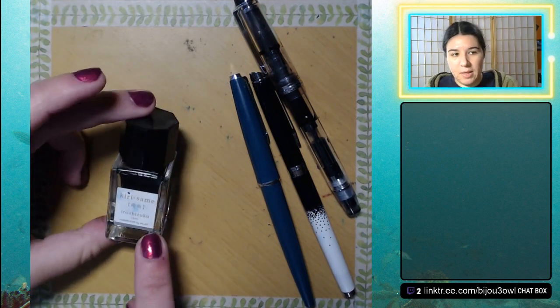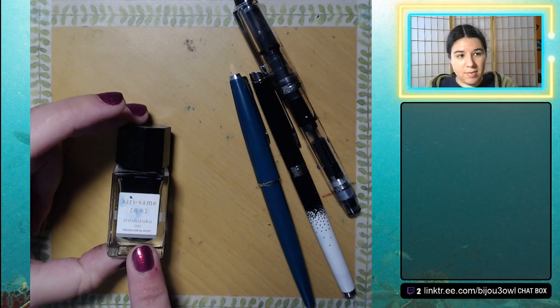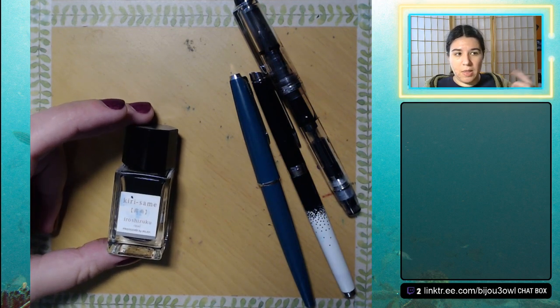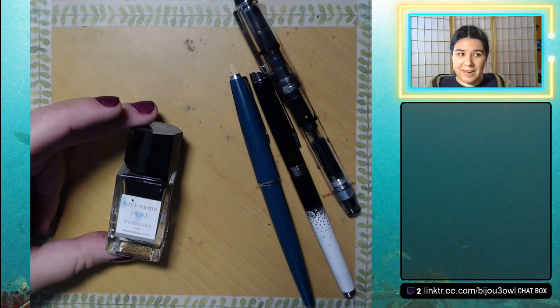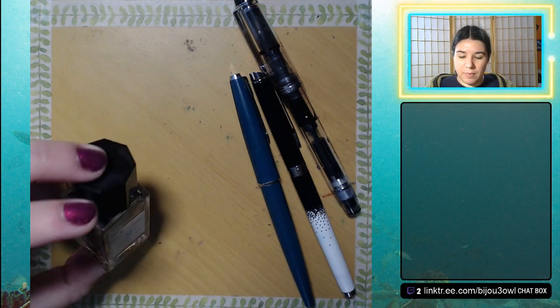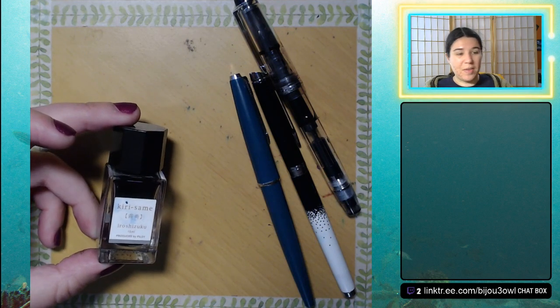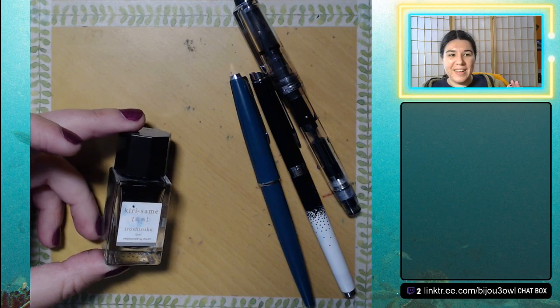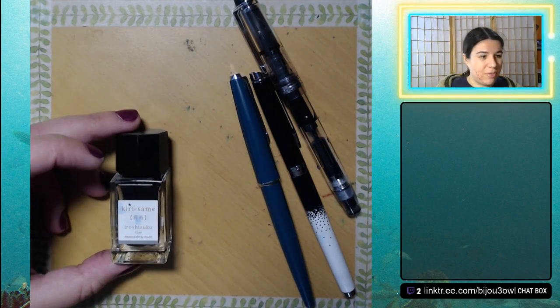But I got it in the 15 milliliter bottle. I got a set of 3: this, Kujaku and Yamabudo. This was actually the third one, as I wasn't sure which third ink to fill it out with, because I like the smaller bottles. I like to sample inks. Eventually I'll probably get a full bottle of this, which is funny because the other two were the ones I really wanted, and this one was like, I guess I'll pick a third one, and this ended up being my favorite of the bunch. So, you know, hey,